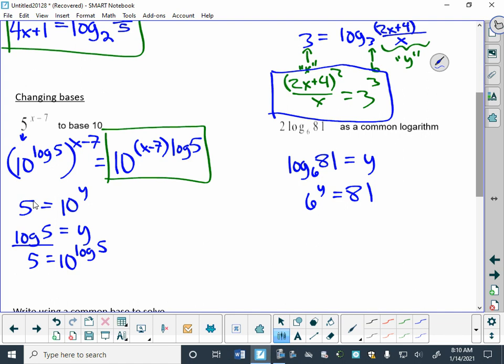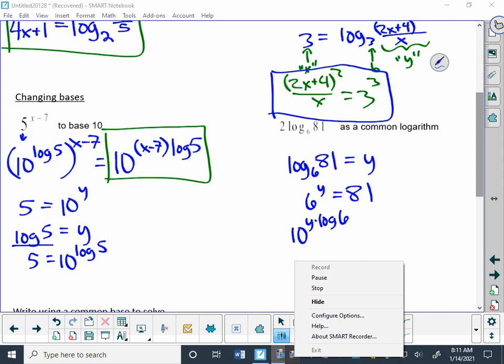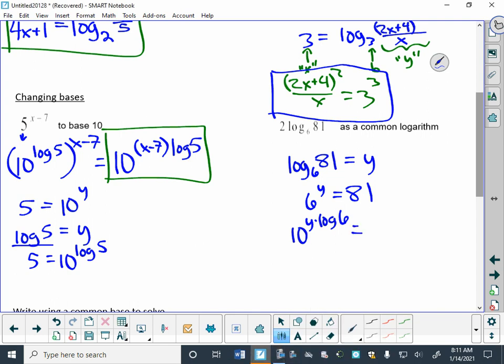Okay. So we could rewrite this as 10 to the y times the log of 6. And that's equal to 81,